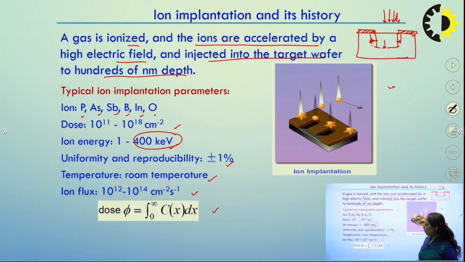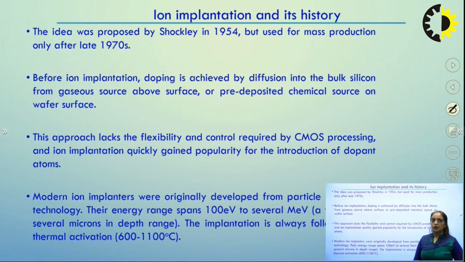This is the formula for the dose, that is how your dose is calculated. It is the integral from 0 to infinity of C, the concentration of the ions, right. With the help of this formula, we can calculate how much dose is required for how much depth. This idea was proposed by Shockley in 1954,